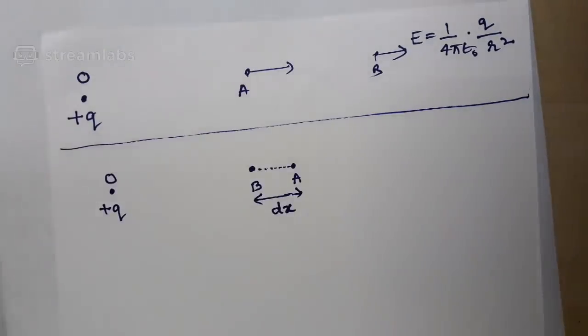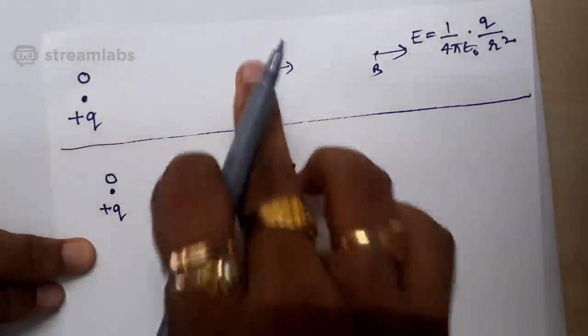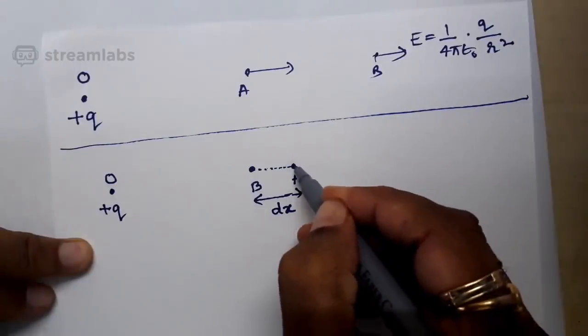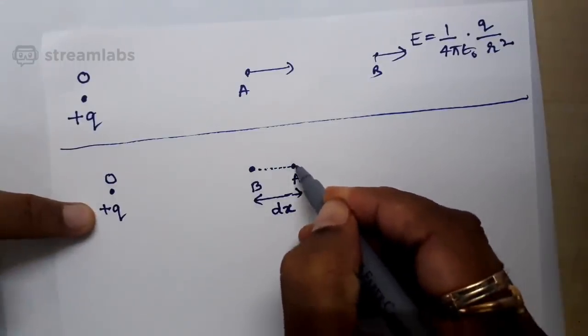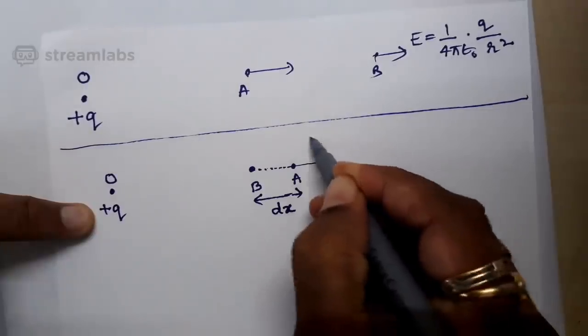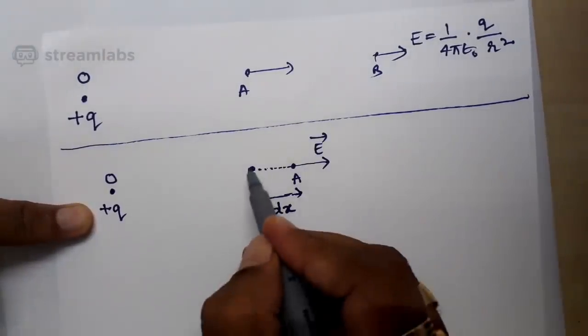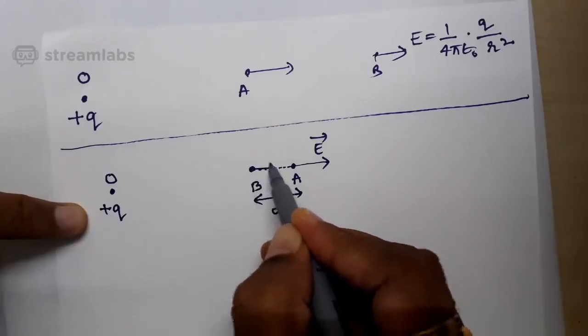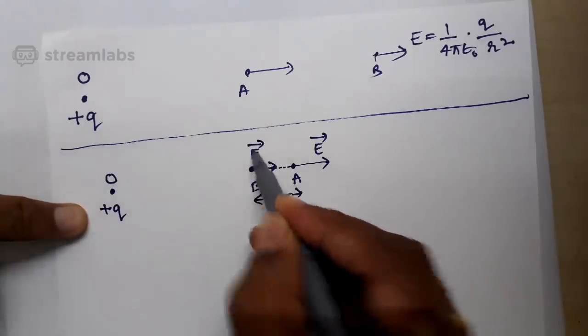I said that when you speak about a vector, you should be careful to call that vector quantity uniform. Both magnitude and direction should be the same. Direction is already the same, as I already marked. I can mark it again here. Assume a plus 1 coulomb charge at A, it will be repelled by plus Q. That itself is the direction of electric intensity at that point. Assume a plus 1 coulomb charge at point B, it will be repelled by plus Q. That itself is the direction of electric intensity at that point.